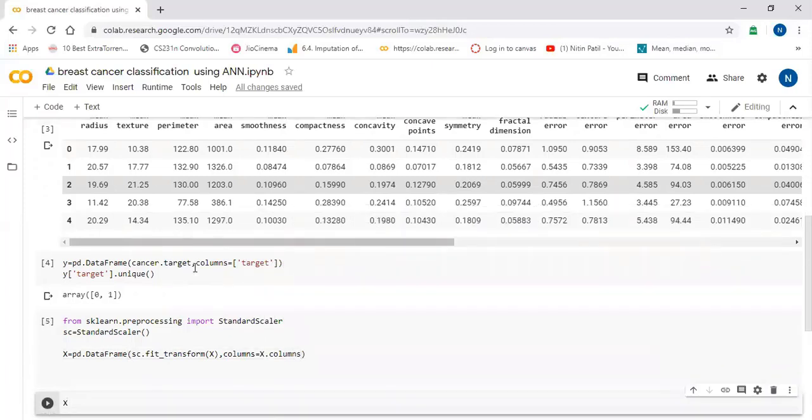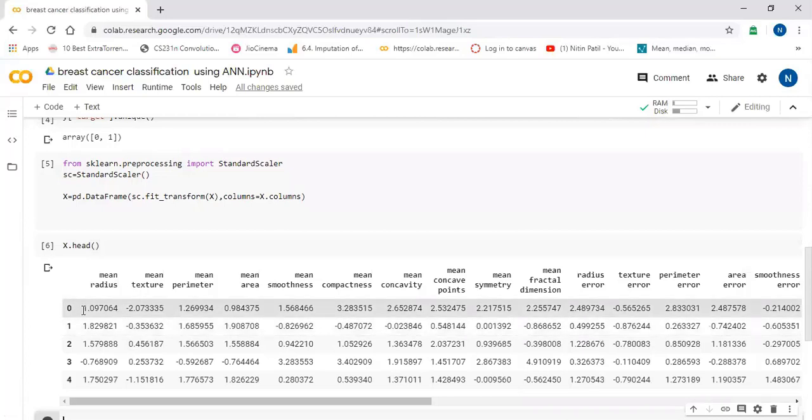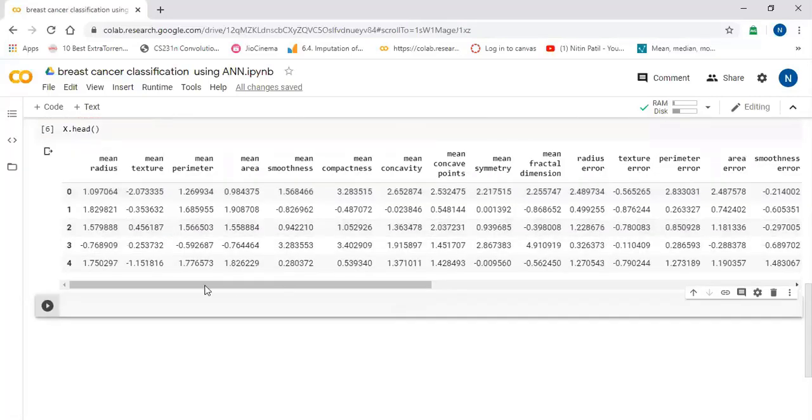We can see some sample records, X.head(). Okay, now our data has been transformed to the standard scaler format.